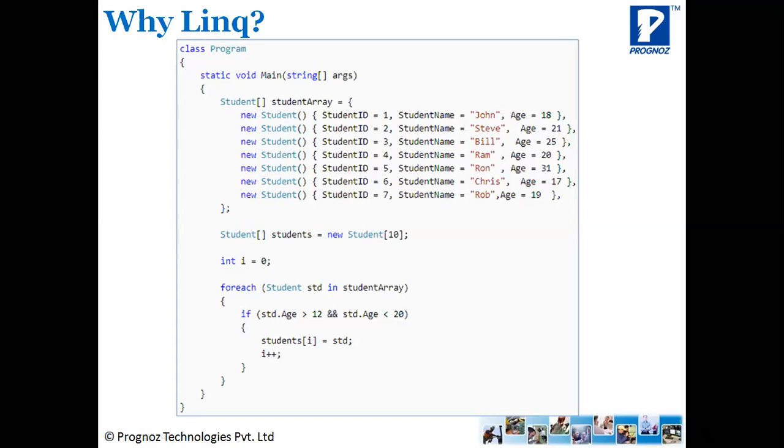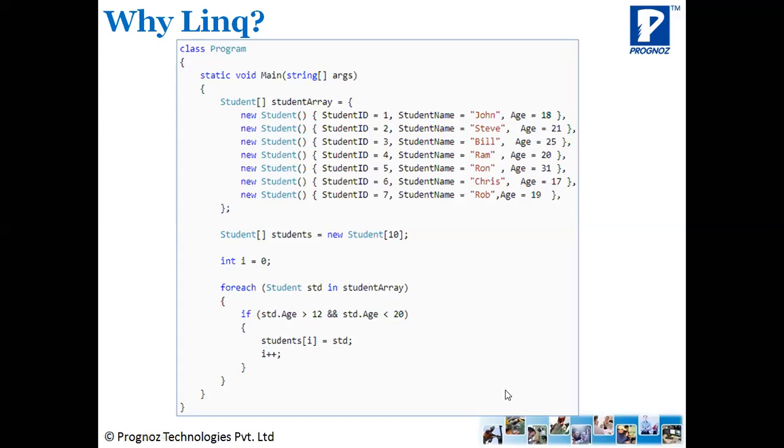But instead of that, if I use the LINQ to Objects concept over here, and if I make use of the query or method syntax of LINQ, then this code can be shortened to a single line of code. How?